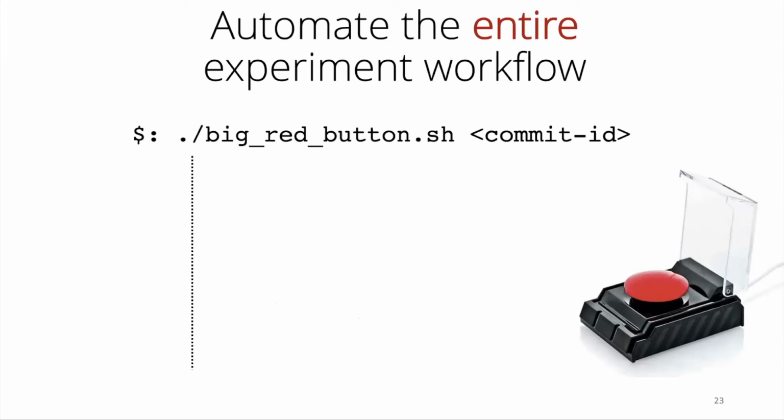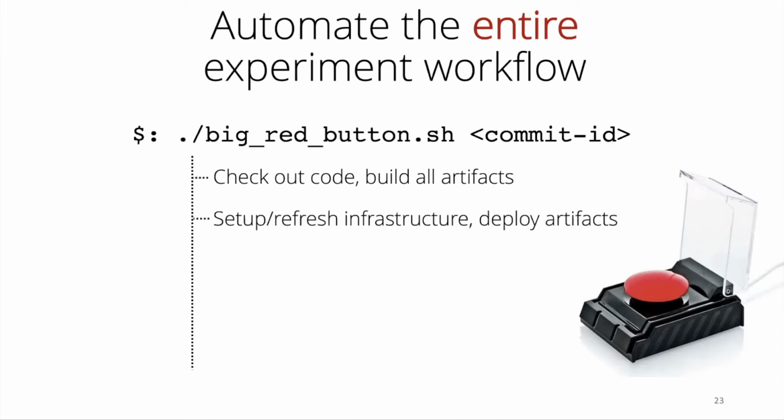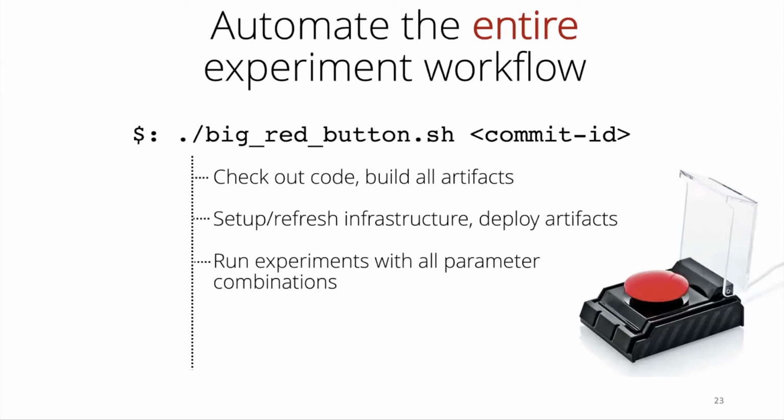Have one top level script that takes a commit ID and does everything. And I mean everything. Your script should basically check out your code, build all the artifacts, not just your prototype, but also the baselines. It should set up and refresh the infrastructure, deploy all the binaries, run all the experiments with all the parameter combinations, and make sure to reset the infrastructure between the experiments, collect all the logs, traces,